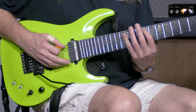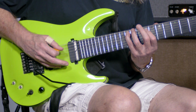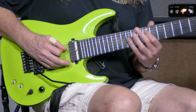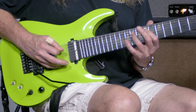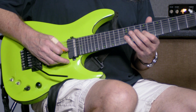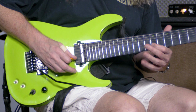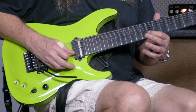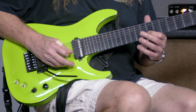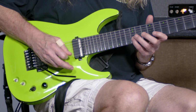On string number 6, we're gonna be going 9, 10, and 12. And then we're gonna be going 9, 11, and 12 on the next 2 strings. On the next string, we're going to be using 9 and 11. And then on string number 2, we're going to be using 9 and 10 to get to our root note. There's our A. Now we're going to go to fret 12 and keep going